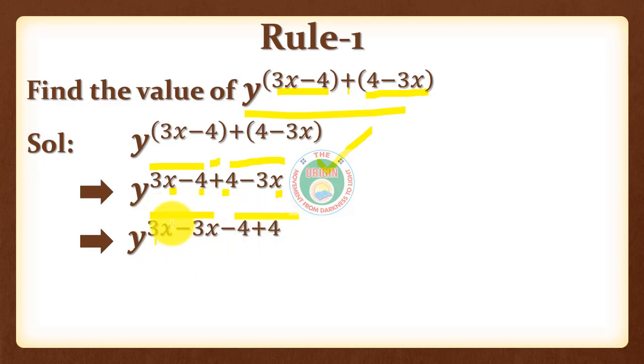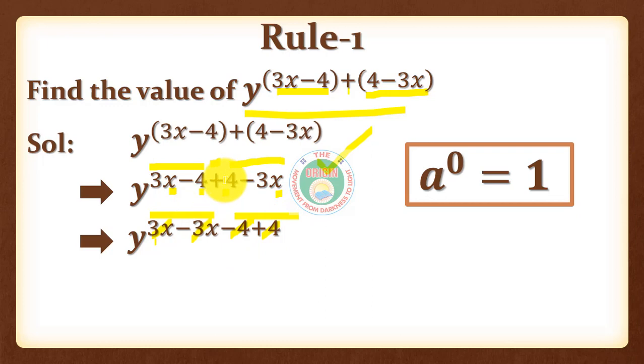Two same terms, but those are under the opposite signs, then you can cancel it. Minus 4 plus 4 also gets cancelled, and plus 3x minus 3x gets cancelled. Rest of the term is 0, that is remaining is 0.